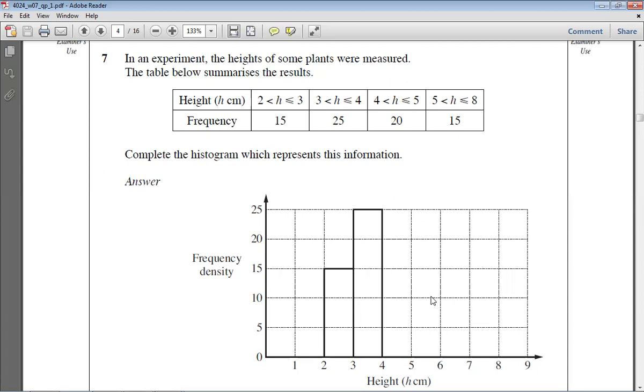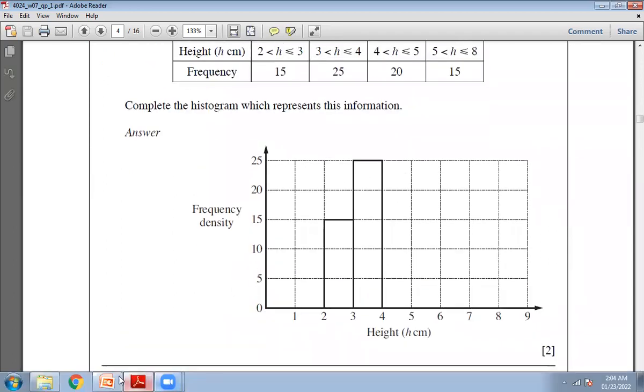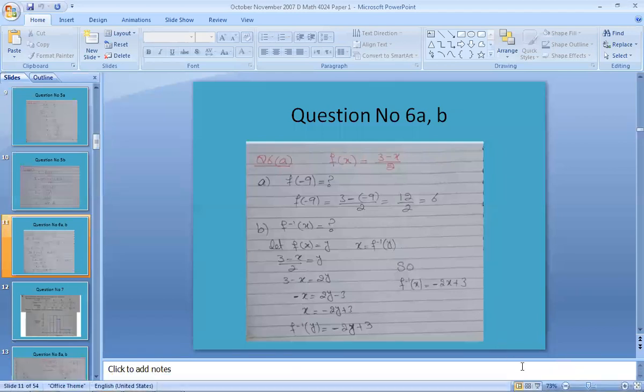And then you simply have to plot that here. So it's question number 7. It has only one part and this is of 2 marks. So let me show you my